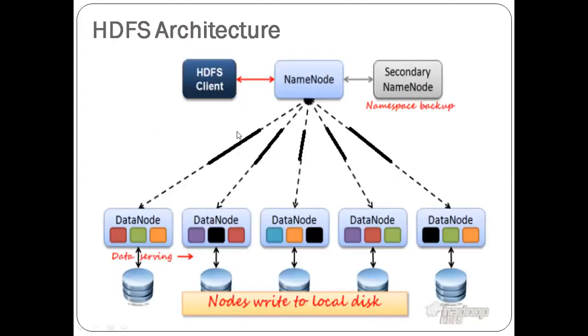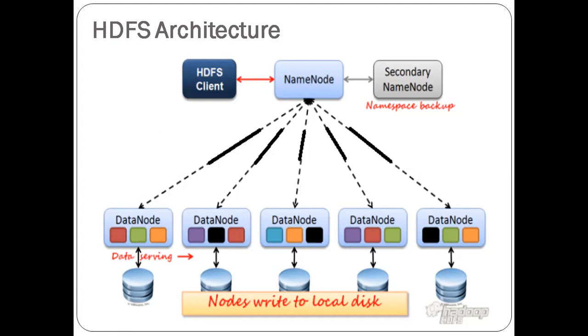If any other client wants to read that file, he first requests the file from the name node. The name node searches the file name and finds where this file is stored. As I said, a single file is stored in different data nodes, so those data nodes are first traced by the name node. Then the different blocks of the file are retrieved from these data nodes and given to the client during the read process. This is the actual architecture of HDFS.